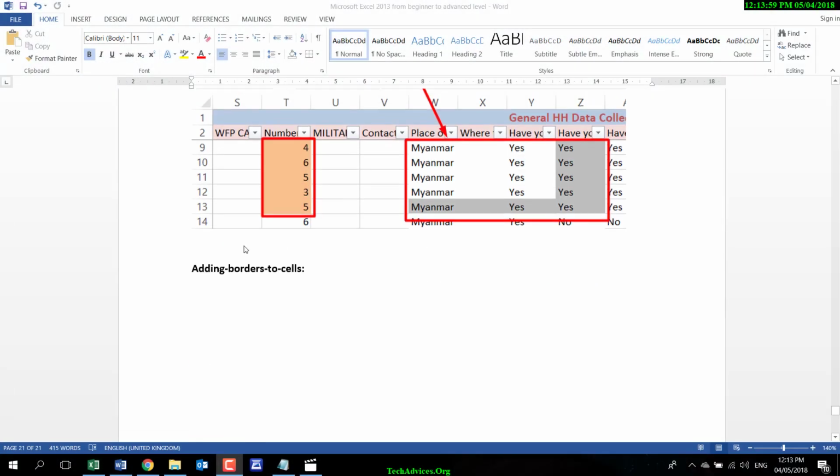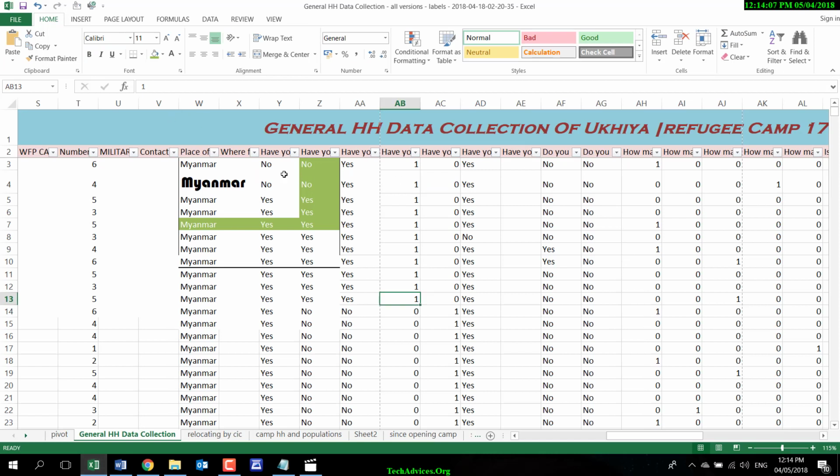We are going to talk about adding borders to cells. Adding borders to your cells in your Excel worksheet. Now I have my Excel sheet, so already I have added my borders in here, and